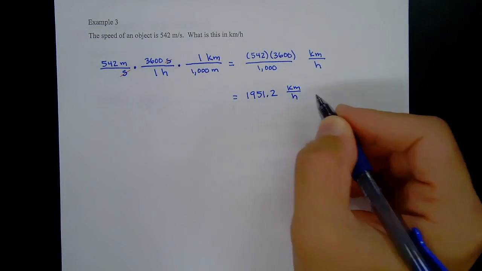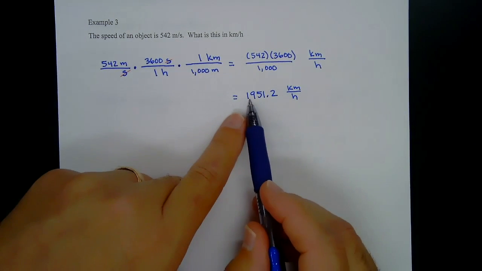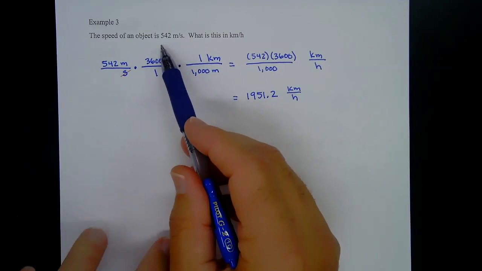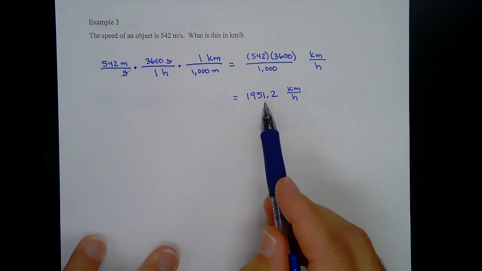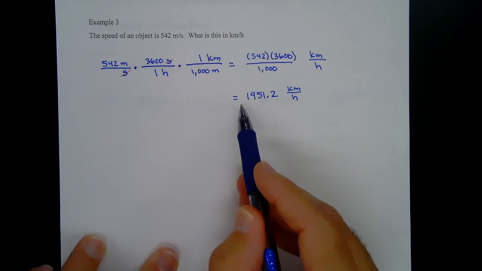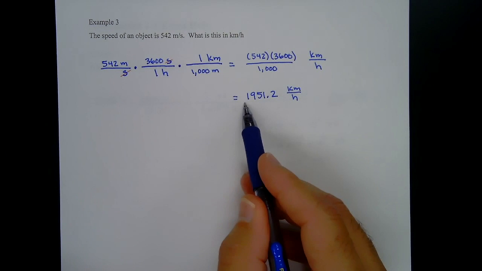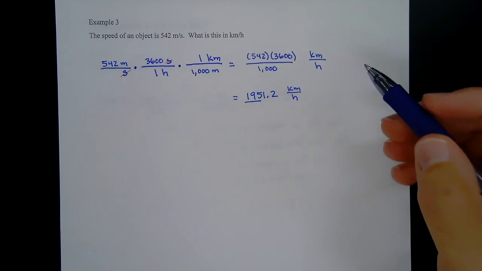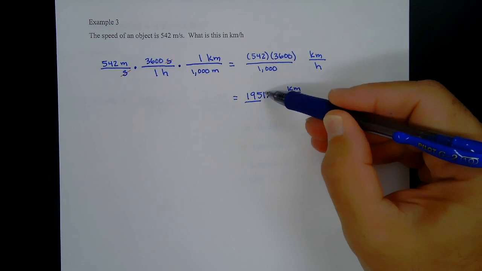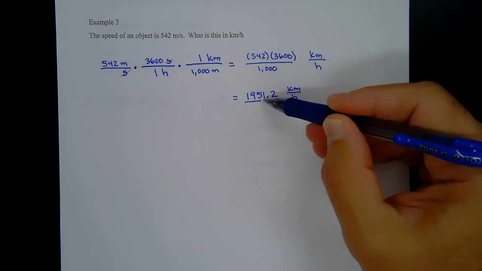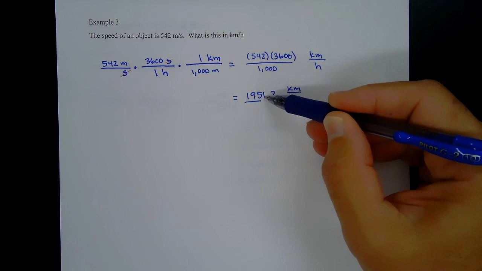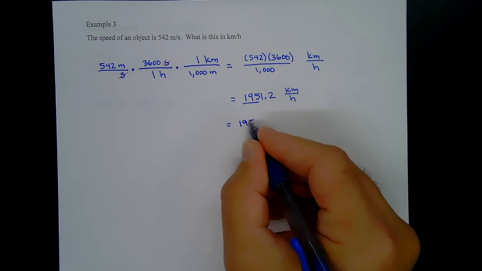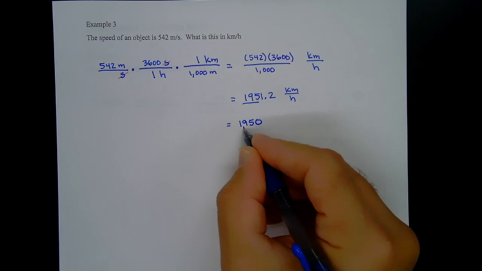kilometers per hour. And here's the problem with this. This is 1, 2, 3, 4, 5 digits of accuracy, yet we only started with 3. So this can only be 3 digits of accuracy, and we're going to talk about precision on Thursday. So it's 195. Now we look at the next digit, and this one right here is a 1, which makes this a 5. So this is 1,950